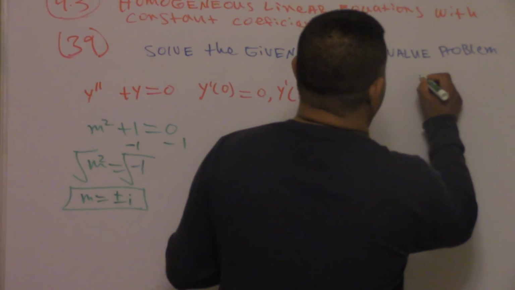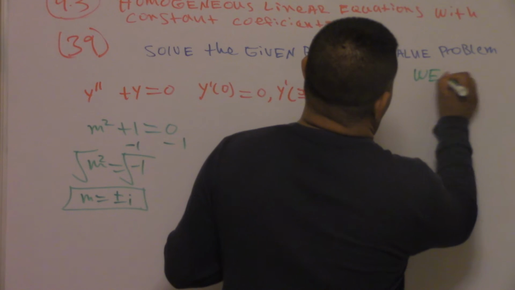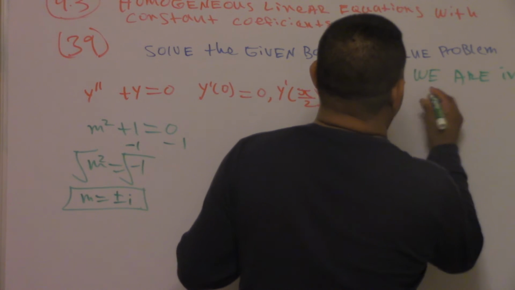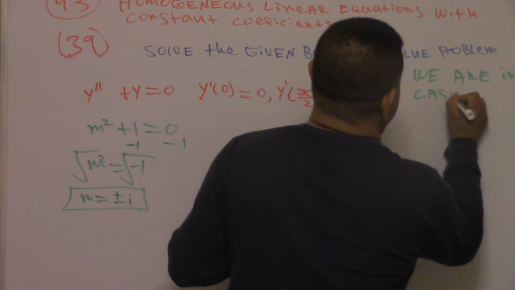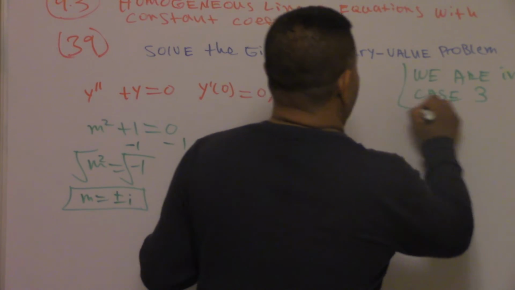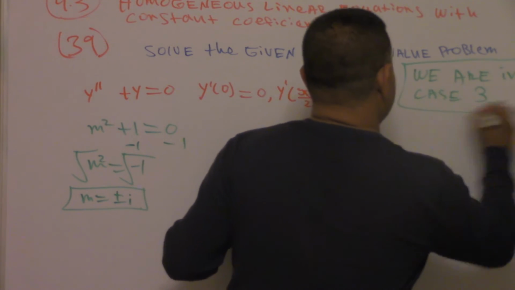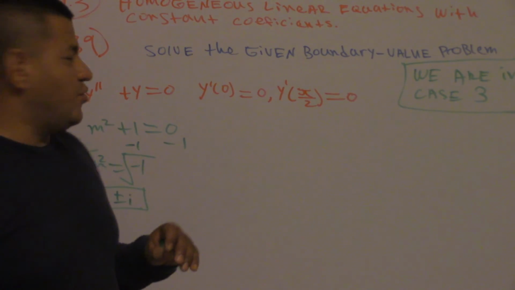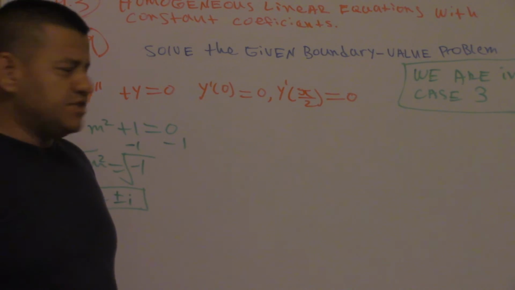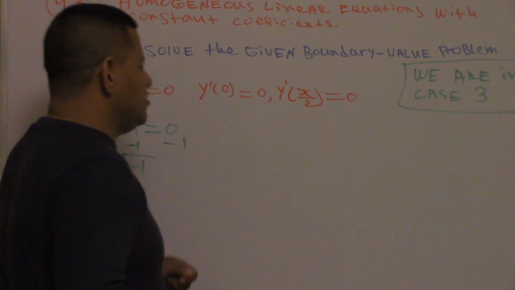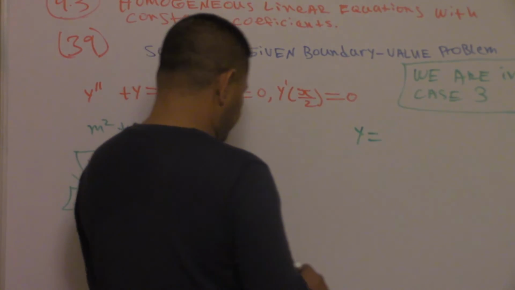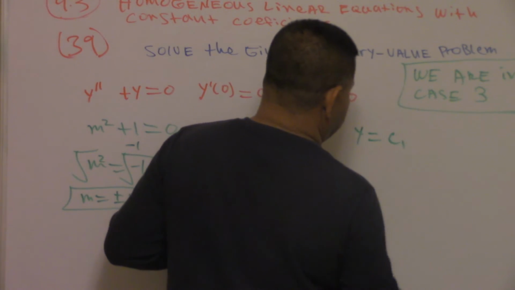So we are in case 3. We did step 1 already. We identified what case applies for this problem. So the general solution is going to be y is equal to C1